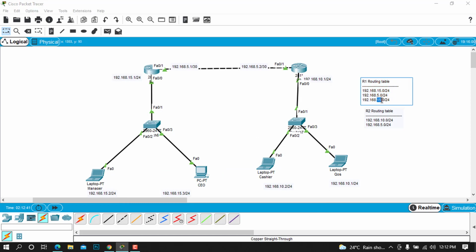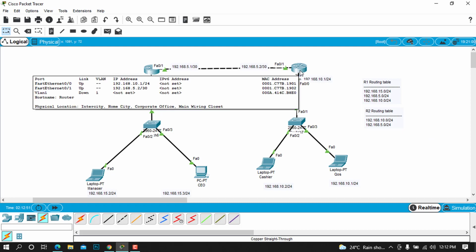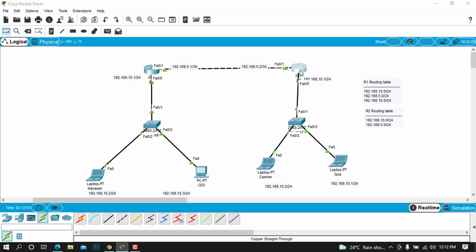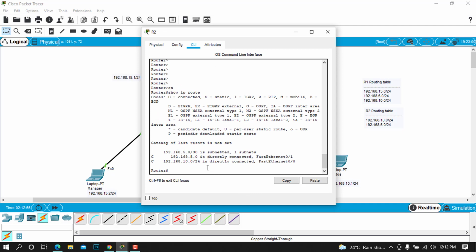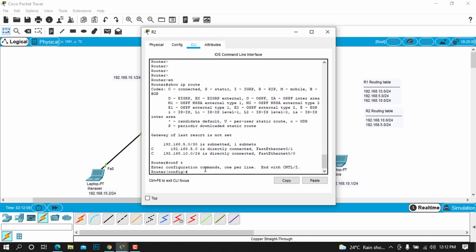I was having this on the clipboard, so we can edit. Okay, now we are good to go. So after we do that, you can do the same on this router too. I'm going to go on this router. Can go to the config or configure terminal, can do IP route